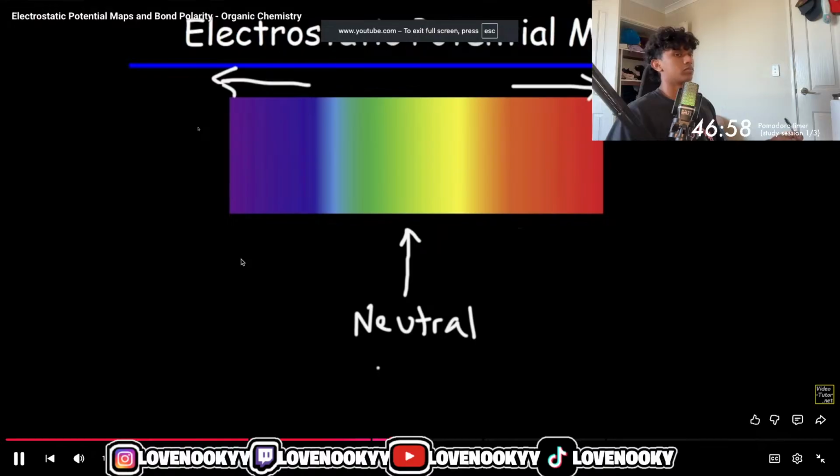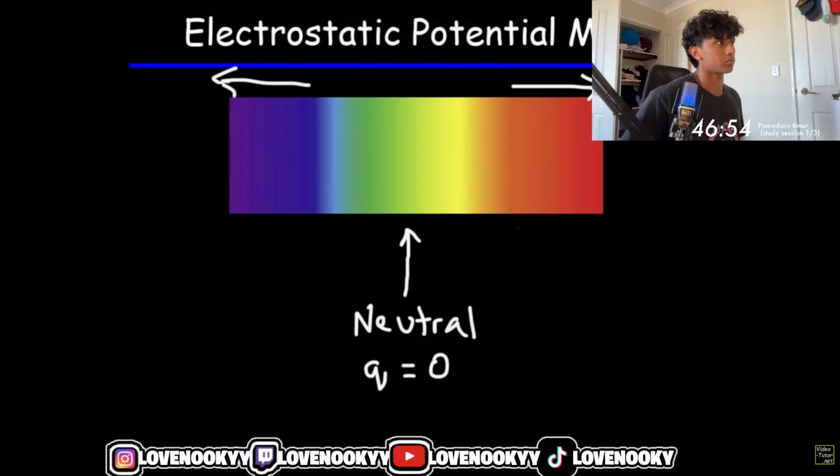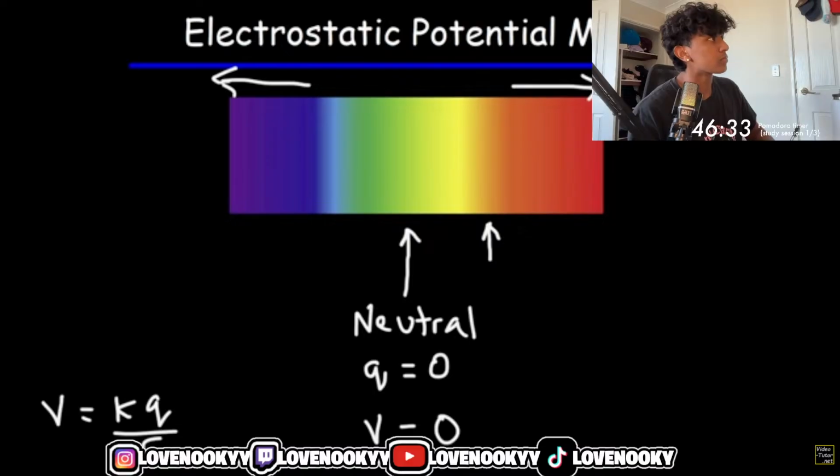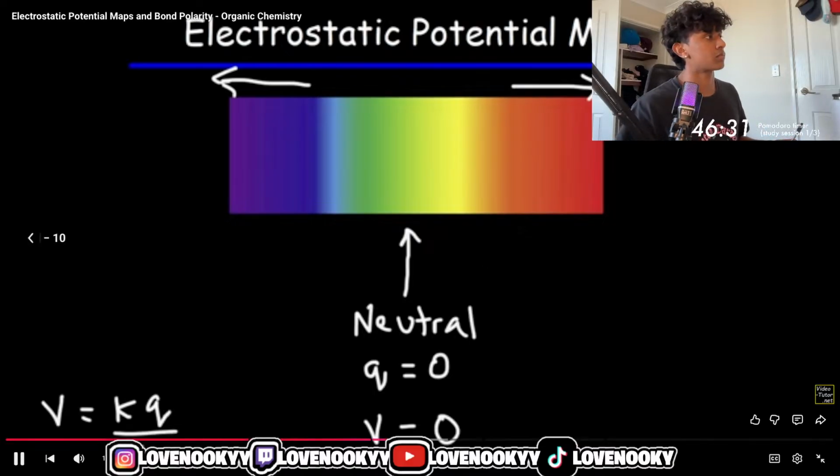It has a charge value of 0, meaning you have an equal number of protons and electrons, so it's electrically neutral. And if there's no charge, there's no potential. The electric potential is 0. V is equal to kQ over r. So if Q is 0, V is 0. Now, as we get closer and closer to the red side,